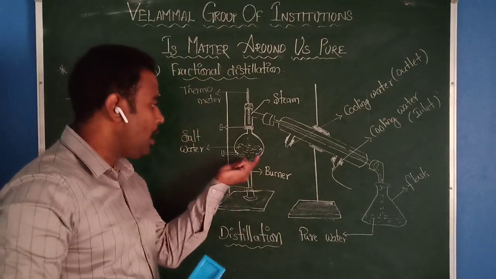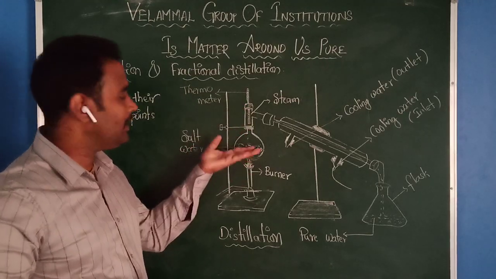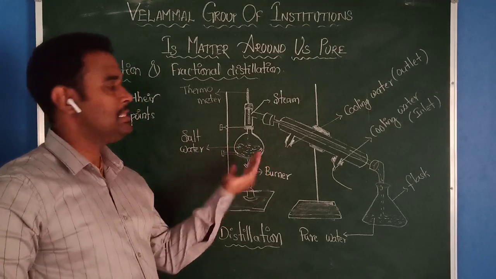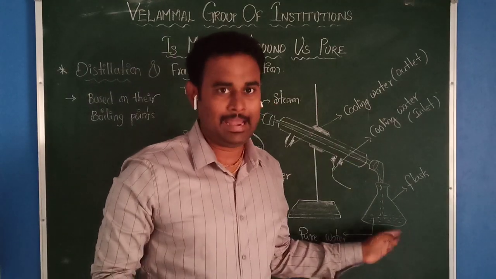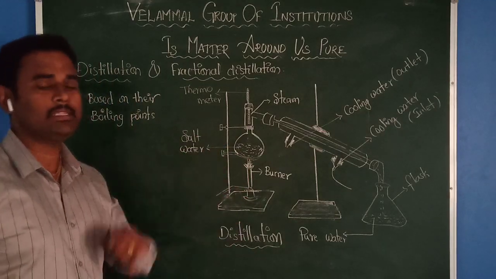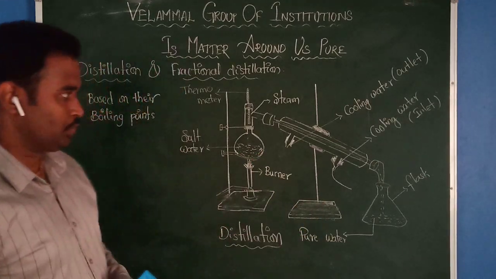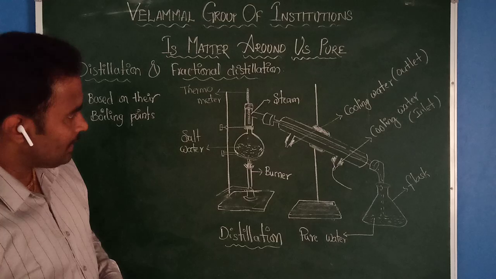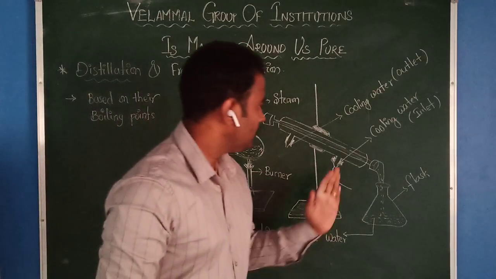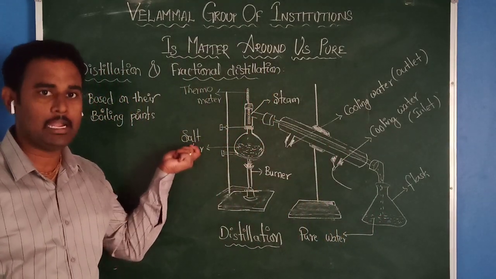Okay, like that. Now after complete evaporation of the water from the salt water, what is left in this flask? Salt will be left. The remaining water you can collect from here. Like this, by using the distillation process, you can collect water from the salt water. Okay, understood? Hope you understood. And here, very important one. This is the way to collect the water from the salt water.